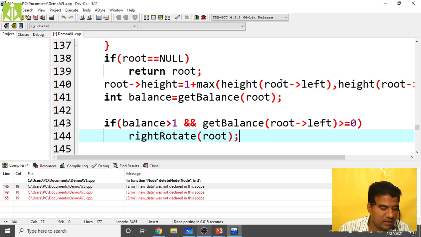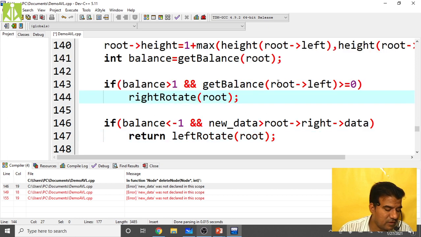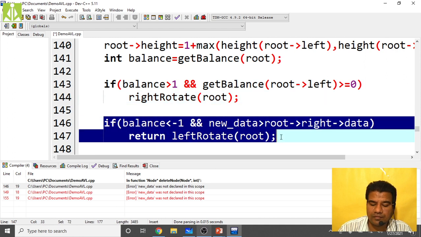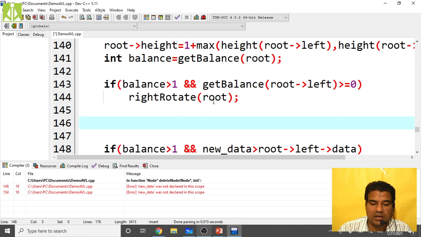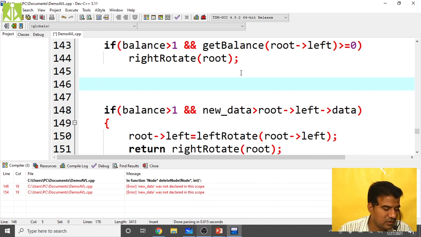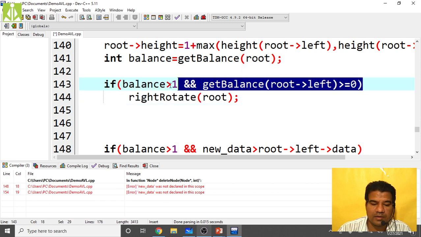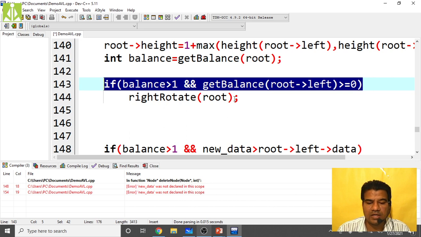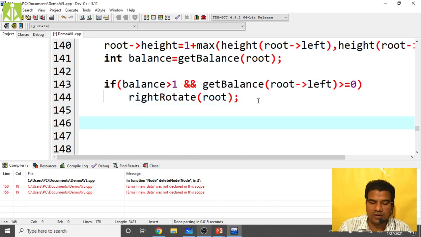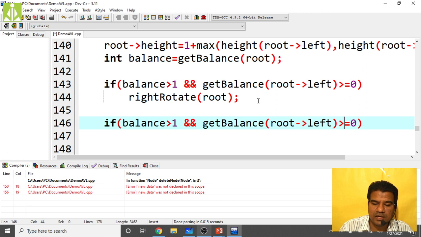Then if balance is greater than 1 and get balance, this you remove. This is the first case. In the second case, the if condition is the same, we are writing it just with this thing less than 0.